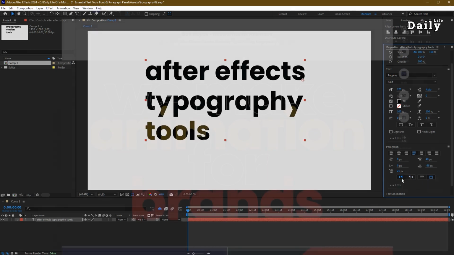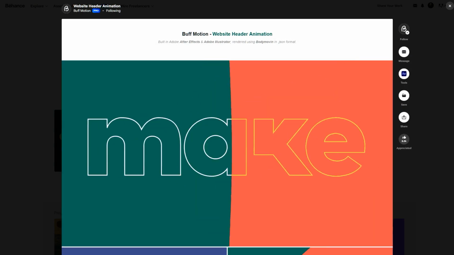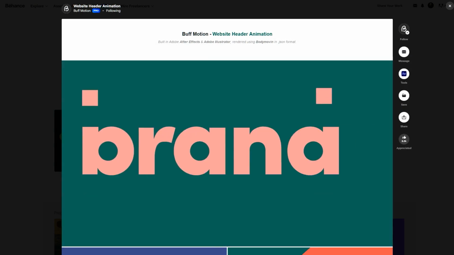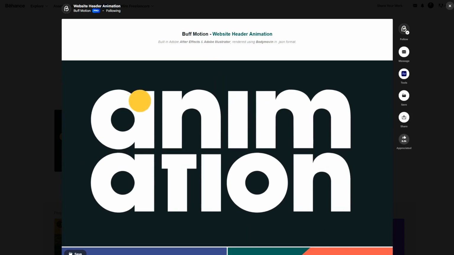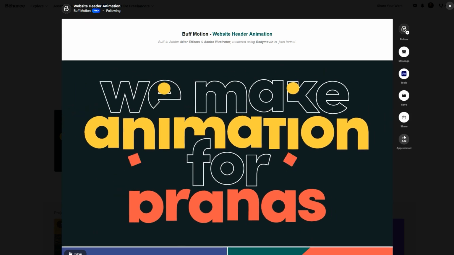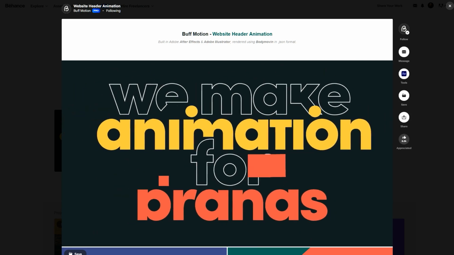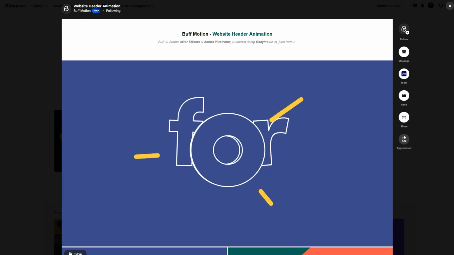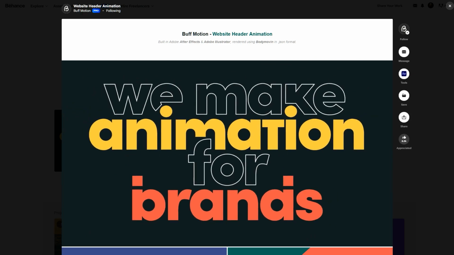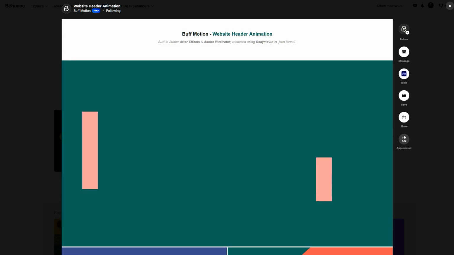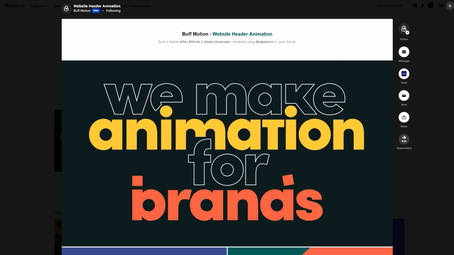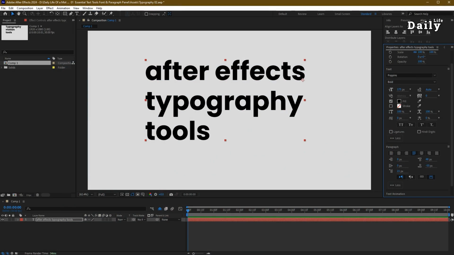To wrap it up, mastering the typography tools in After Effects is an essential step in becoming a more versatile motion designer. Whether you're adjusting text properties, fine-tuning kerning and tracking, or exploring creative ways to combine fill and stroke, these techniques will help you craft professional and engaging designs. Typography is more than just letters. It's about communication, mood, and visual impact. I hope this tutorial has given you a solid foundation to start exploring the limitless possibilities of text in motion design. Stay tuned for the next episodes where we'll dive even deeper into creating dynamic typography and animation.